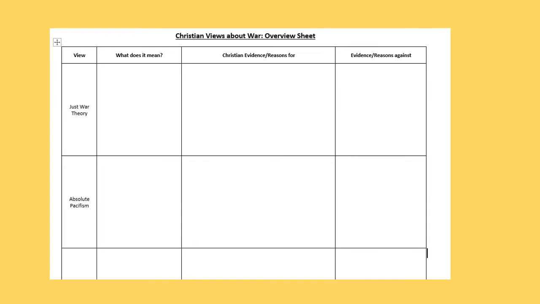Okay, reasons against. Well, nice and easy is to say, but in the Bible, Jesus seems to be against war. He seems to be against any kind of violence. Whatever quote you use, turn the other cheek. You can use "he who lives by the sword dies by the sword." That's something Jesus says in the New Testament, which suggests that if you use violence, it will end up with death for yourself. There's so many things that Jesus says in the New Testament that seem to be against violence and war.